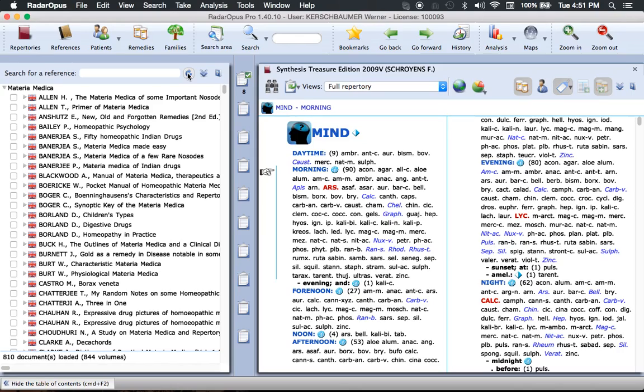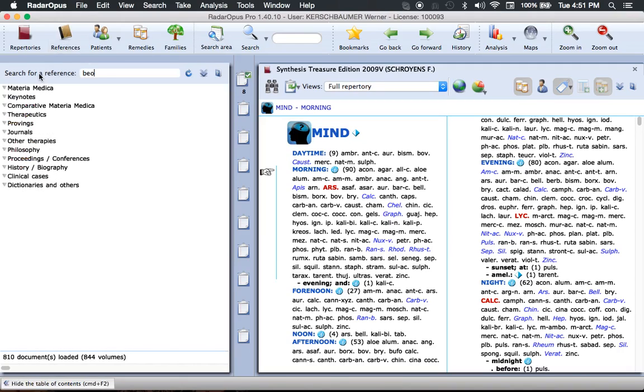Let's say that you prefer working in a handful of books, like you like to read from Boericke, you like to read from Clarke's dictionary, and you like to read from Vermeulen's books, and let's say Vithoulkas's books. All you need to do is again make sure that you are in the references. Then you simply type the first letter, Boericke, B-O-E,